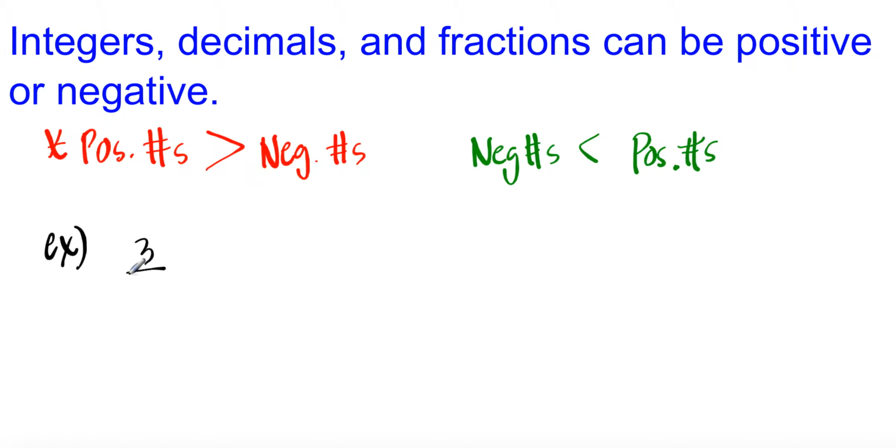So let's look at an example. Let's compare 3/4 to -0.178. Well, 3/4 is positive and -0.178 is negative. A positive number is always bigger or greater than a negative number. Okay. Now, if the signs are the same,